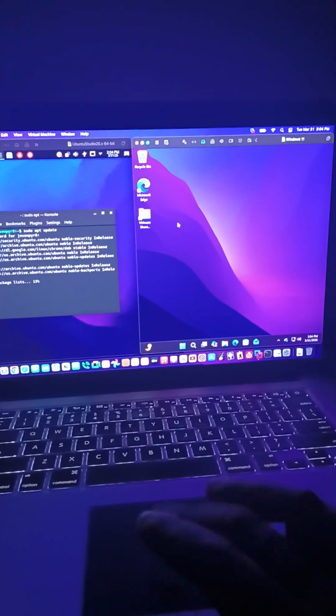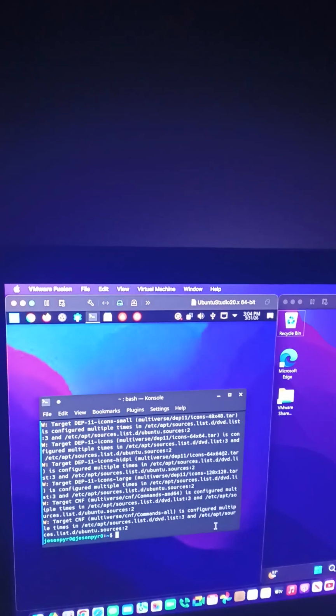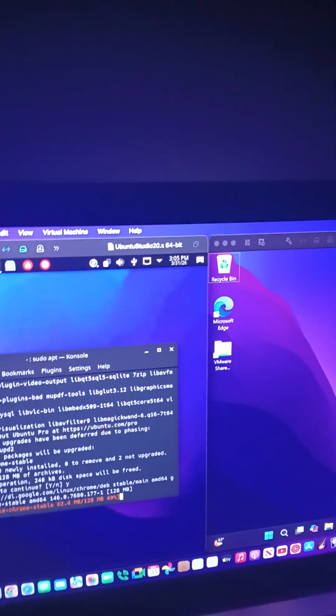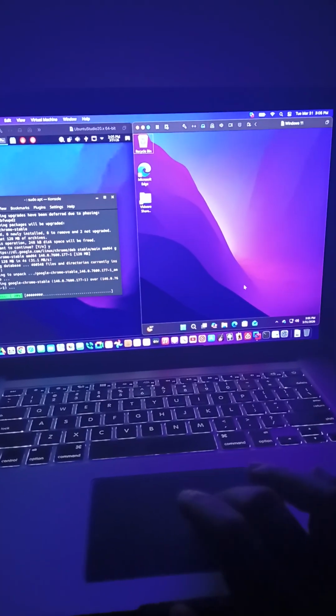Now, as far as Windows goes, I had to literally let this get settled because it had updates also. So now I'm gonna come in and I'm gonna sudo apt update. Upgrade. My apologies. Upgrade. Go here. I'm gonna press Y. We're gonna get our update. So, but as far as Windows goes, while that's updating, I've been running the machines along with